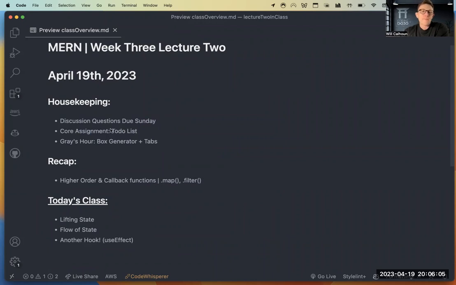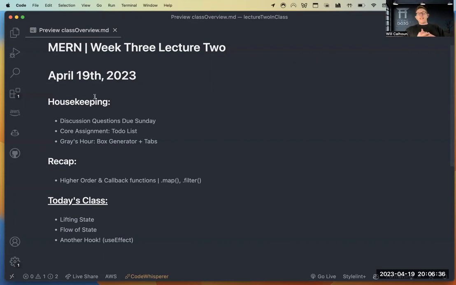It's the to-do list. And something really exciting is Gray is putting together Gray's Hour. That is something that will happen on Thursdays, where Gray is dedicating just the office hour. So it's not like it's outside of class or anything. It's just going to be the office hour. It'll always be recorded, so if you can't make it to office hour or don't normally make it, that's okay. Gray will record it.